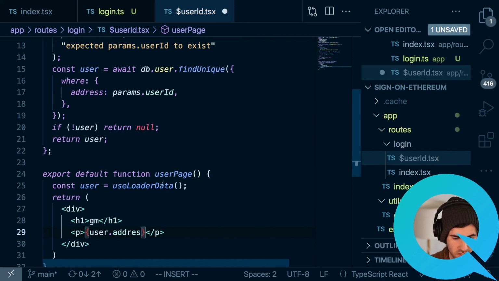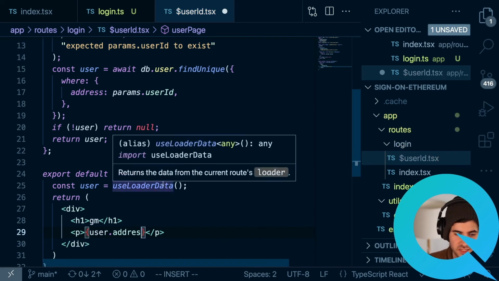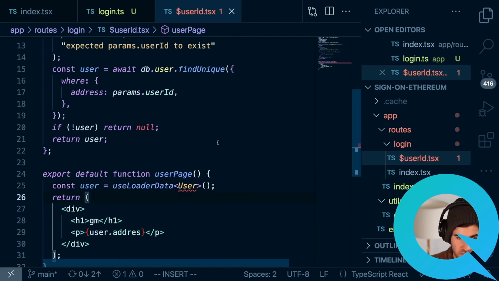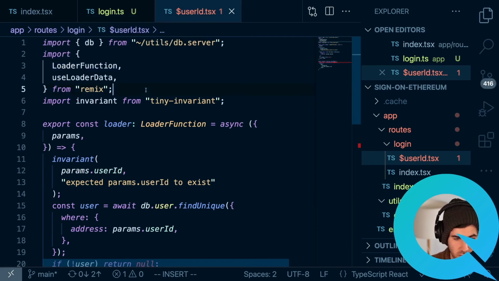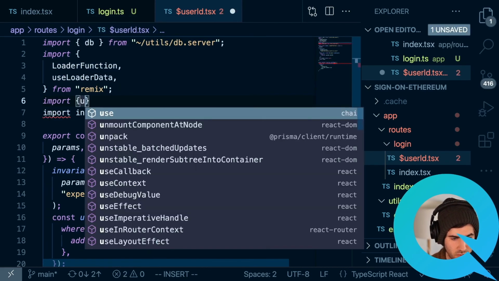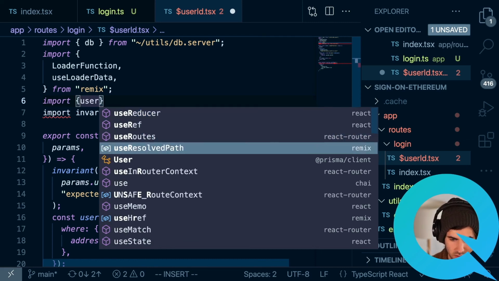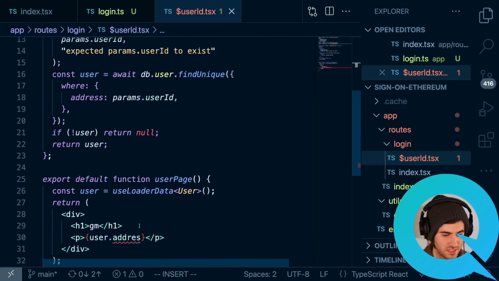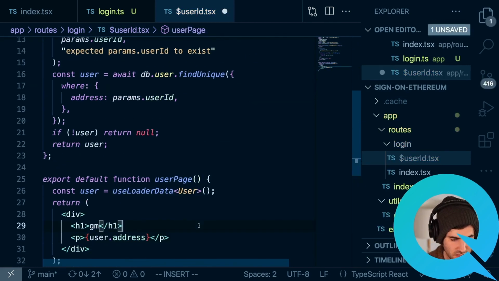You can see it says useLoaderData of any, so we can put some types here, since we're expecting a user. We get this user type from Prisma, so we can import User from the Prisma client. Since our Prisma client knows the shape of the user, it automatically creates this type, and we can already see there's the user.address.